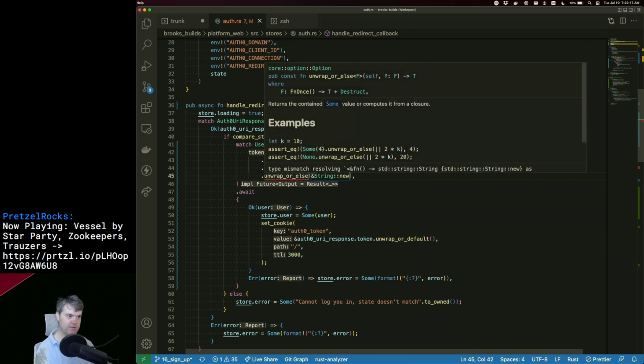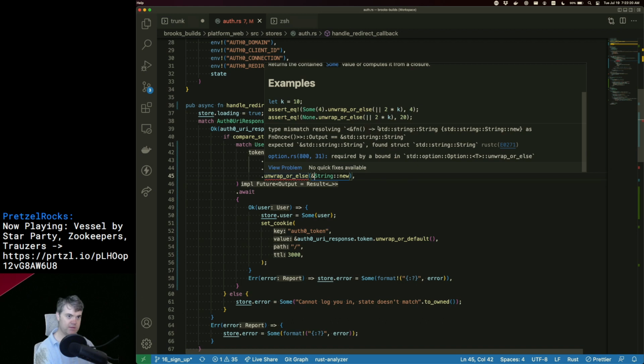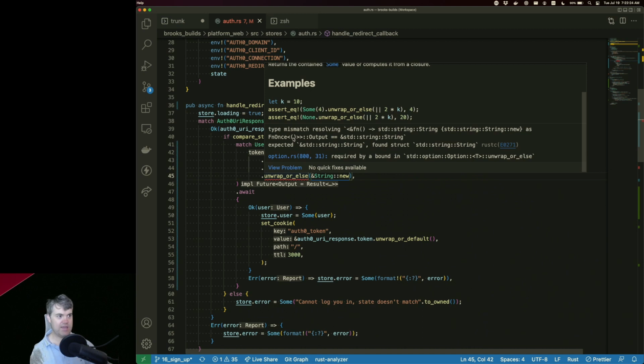You know, like that? Type mismatch, reference to a function.